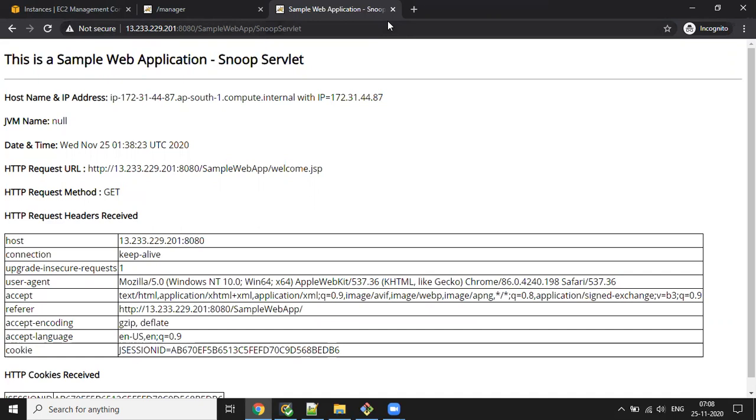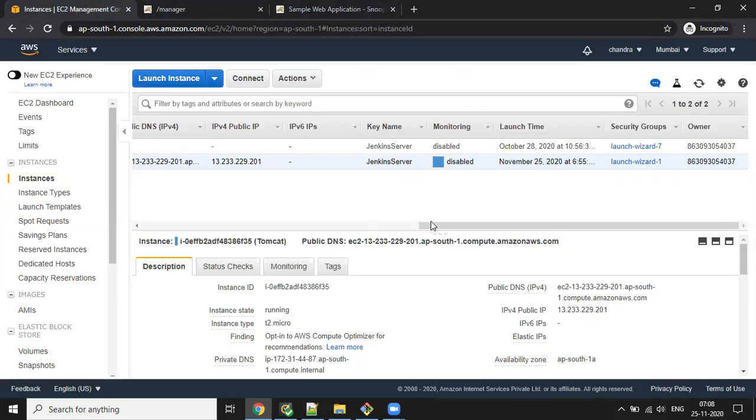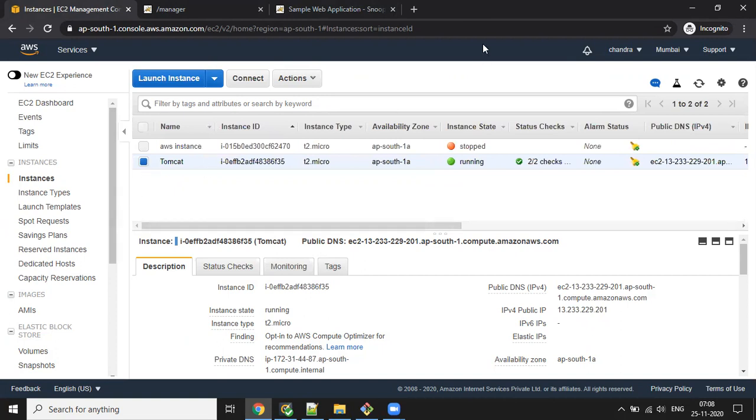Suppose you have only one EC2 instance; there you should install only one Tomcat server, not more than one, because it would be duplicate and it is not allowed. As a best practice, we create one more instance and install whichever version you require. This is how we want to follow.